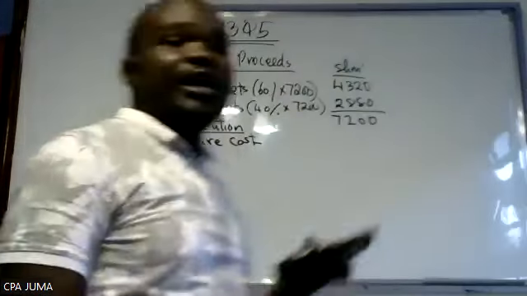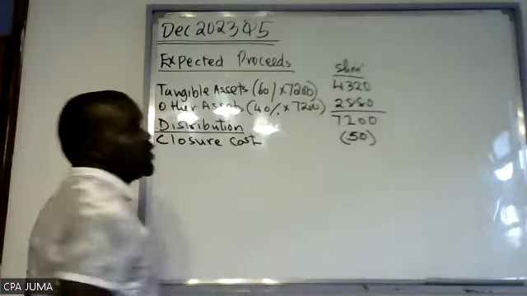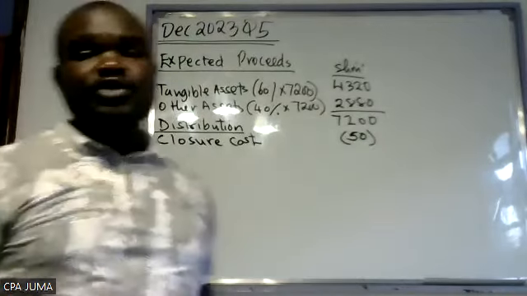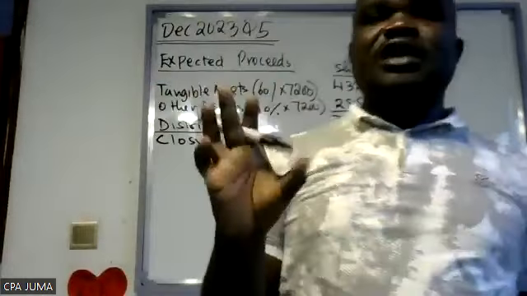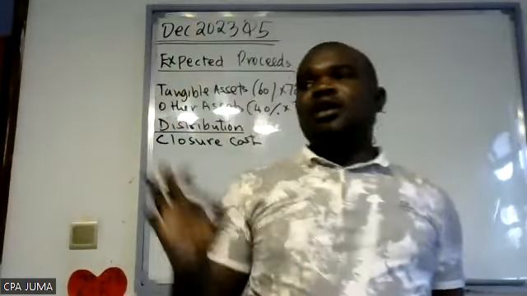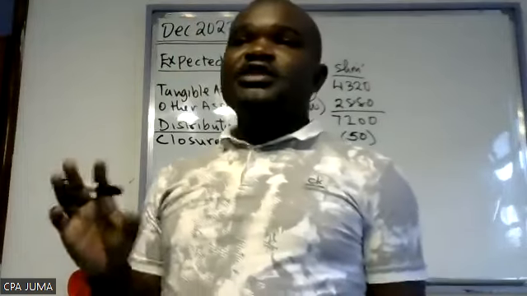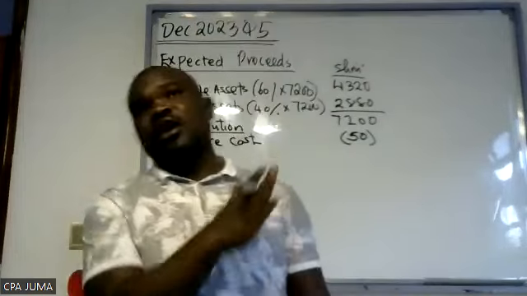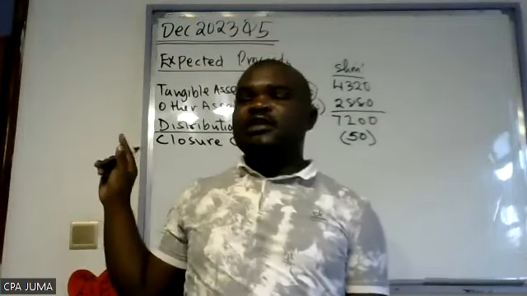Closure costs are estimated at 50. This is the first thing you're supposed to pay. Then you go to the balance sheet up there and check any secured creditors. Are there any creditors or external liabilities? Actually, in your schedule, liabilities, secured